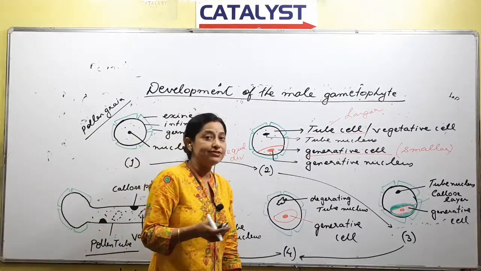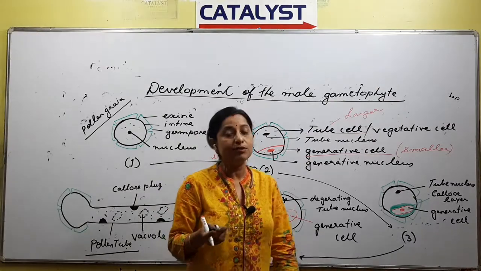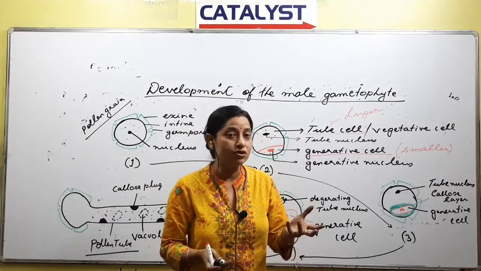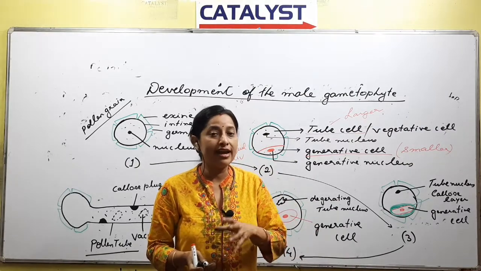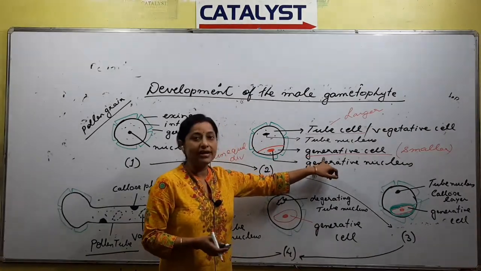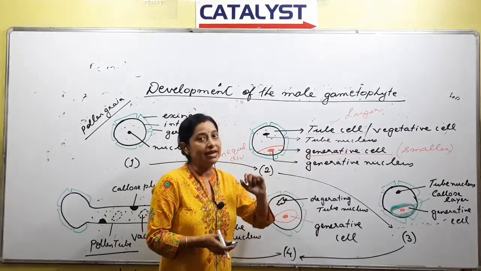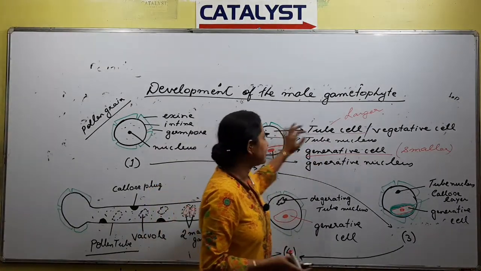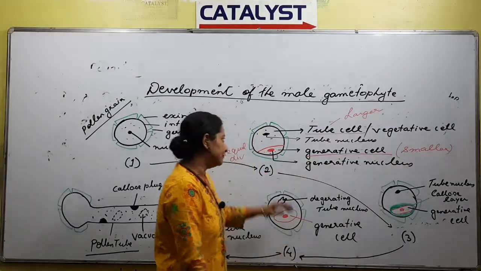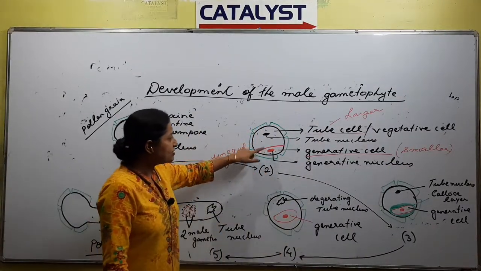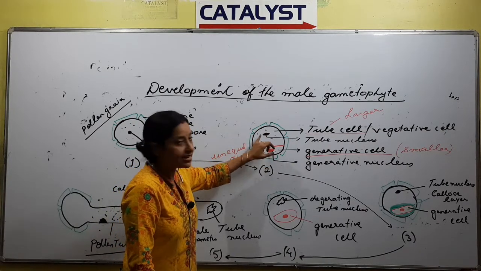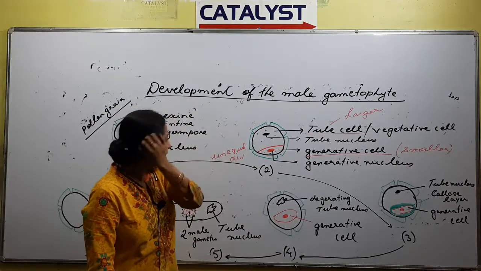Why is it called the vegetative cell? Because if you are talking about reproduction, then obviously the male gametes are most important. Since it forms the male gametes, we can call it the reproductive cell. It is the generative cell that will form the male gametes. So as a result, the tube cell has also been called the vegetative cell. Next, after this stage, what have we seen at this stage? One larger, one smaller: the generative cell, and next is the tube cell. After this stage comes this one.